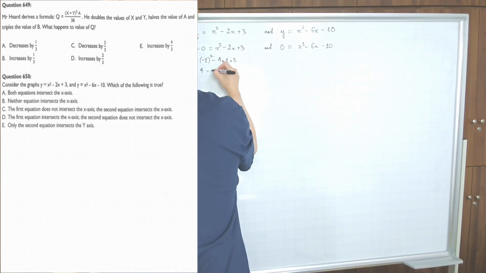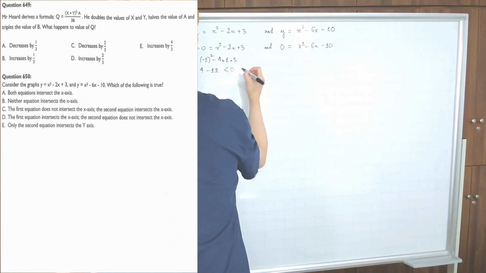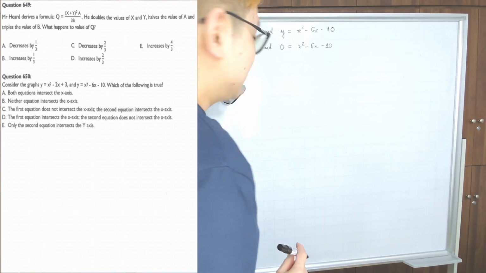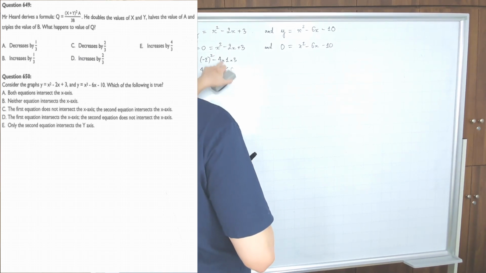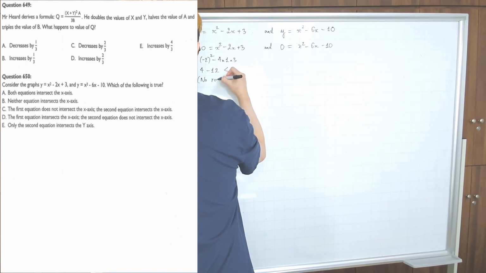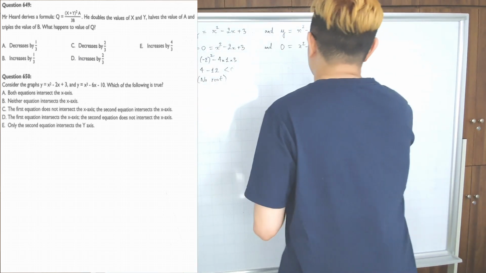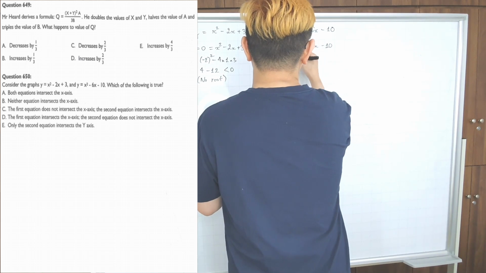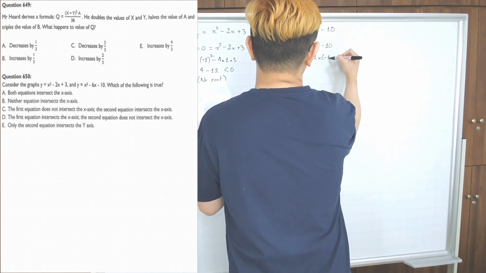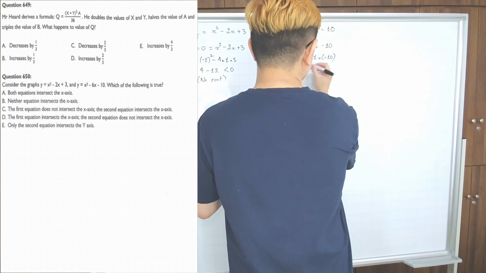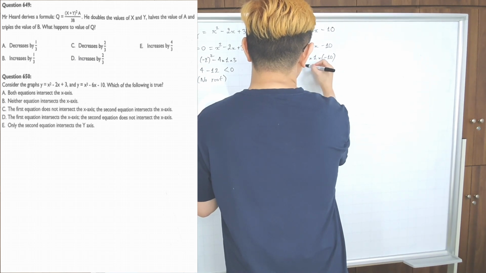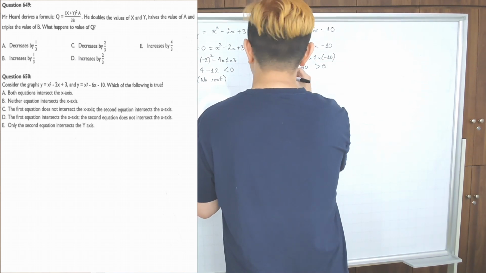4 minus 12, which is smaller than 0. This is no root, okay? Cái này nó delta nhỏ không, tức là không ra nghiệm. Delta equal smaller than 0, it means there's no root for this one. No root. This one also, I'm sure you will find it. Delta equal to 36 plus 40, which is bigger than 0. You have two roots,